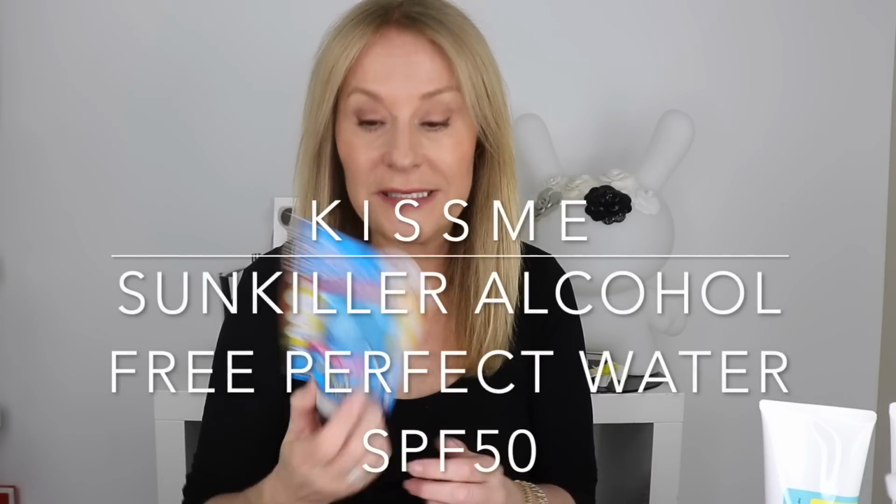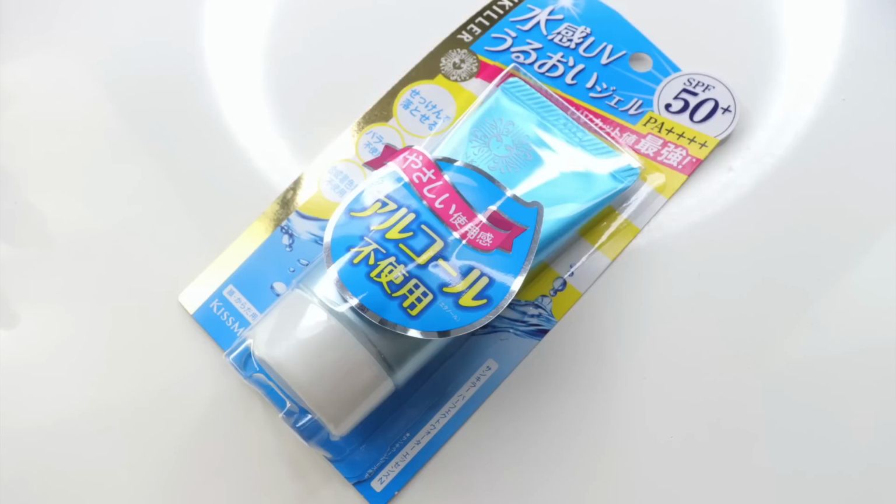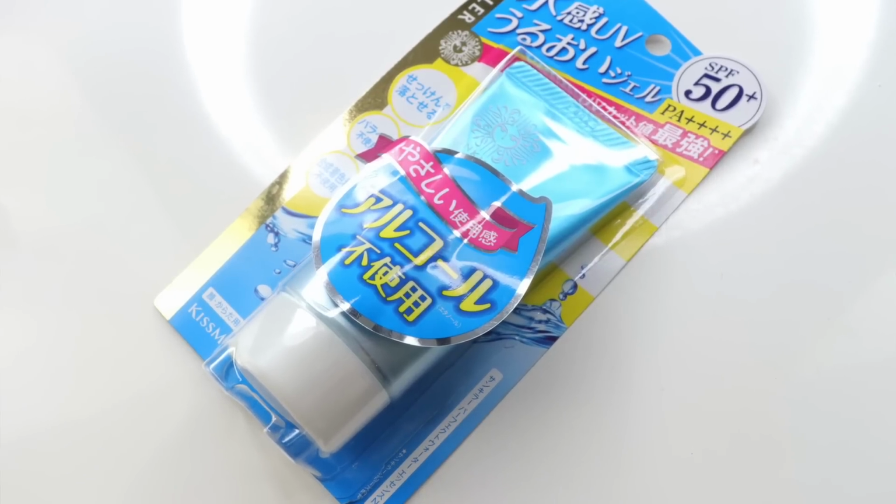I chose this brand simply because I love the name. This is Kiss Me. This is the Sun Killer Alcohol-Free Perfect Water Essence SPF 50. Again, they're all fairly, no, it's very interesting. No matter whether they call themselves water, gel, essences, they're all fairly similar in texture, and that means they are lightweight. This one's very, very lightly fragranced, but what I would call they're my replacement for